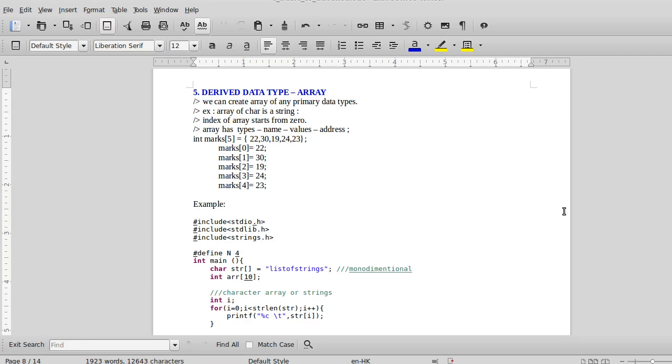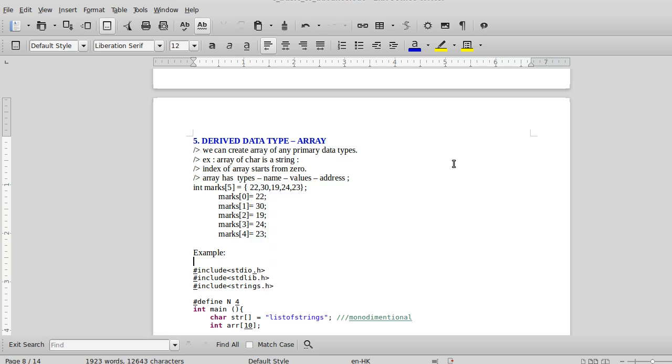Hi folks, okay, welcome back to another brand new session. And for this session, I have decided to give you the information about the topic that is called derived data